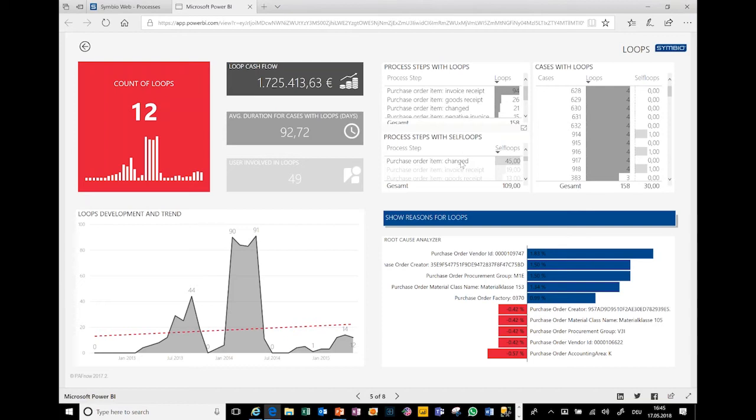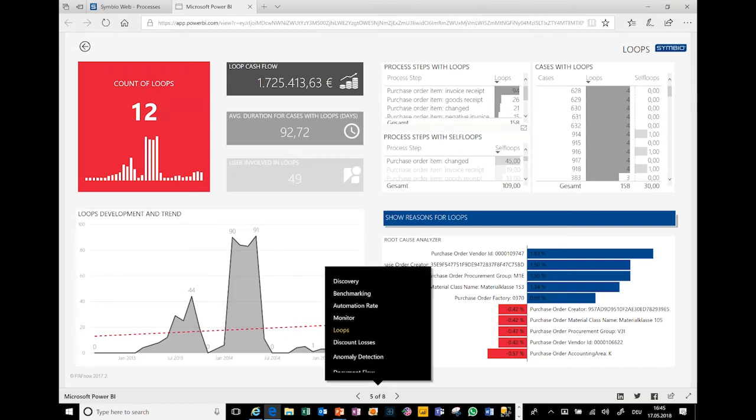So in the background, the system combines and compares the data of this process step with data and attributes of other process steps, and gives you some ideas, some root cause that you can use to then dive a little bit deeper into the data and really find out where to look at. So it gives you some recommendations where you should look at your data.